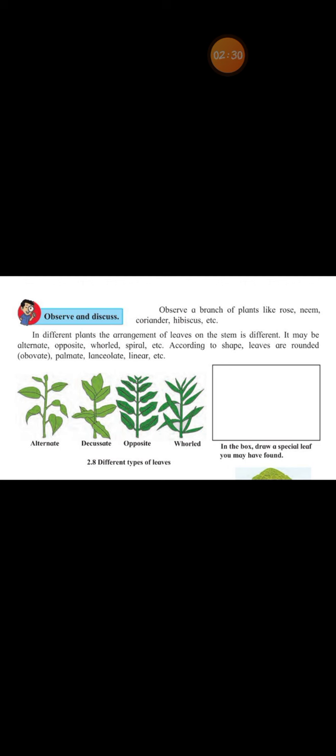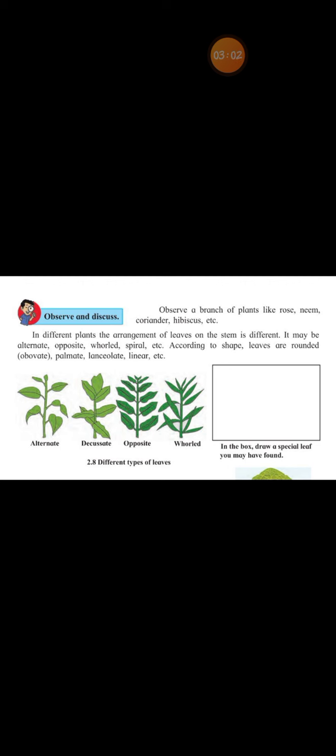Children, I had explained about dicotyledonous plants and monocotyledonous plants. Do you remember this? Yes. Dicotyledonous plants means having two seeds, and monocotyledonous plants means having one seed. Di means two and mono means one. Fine, children? Then we had seen about two more kinds of the roots, adventitious roots and modified roots.